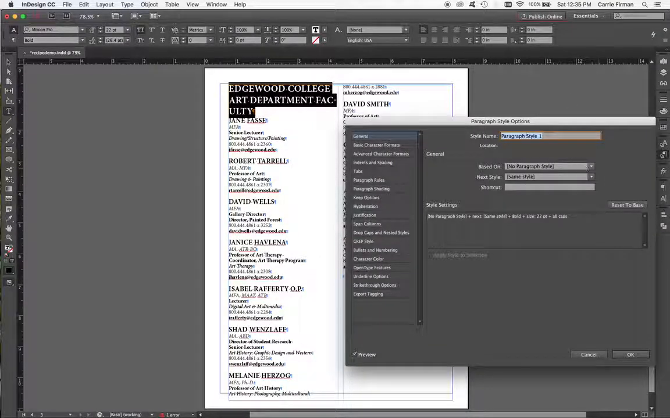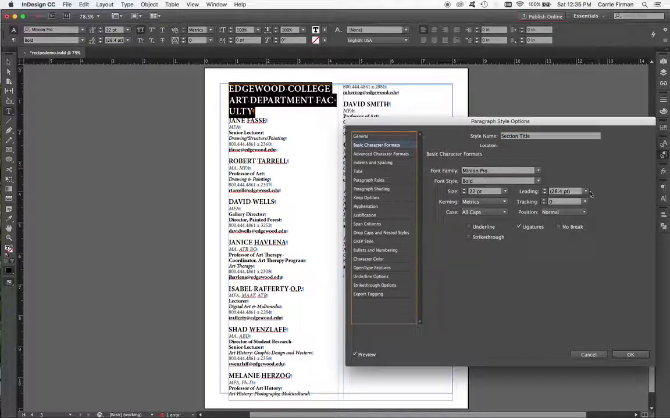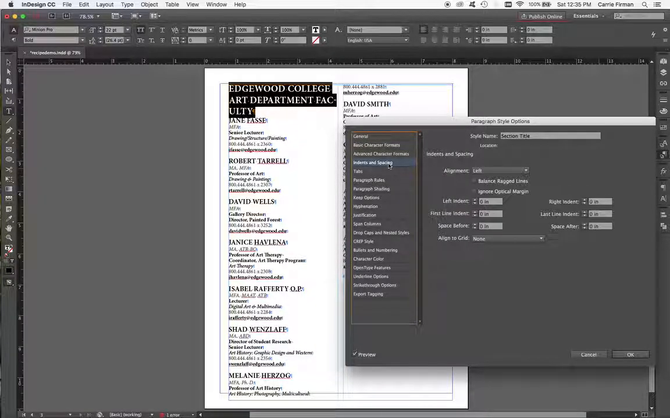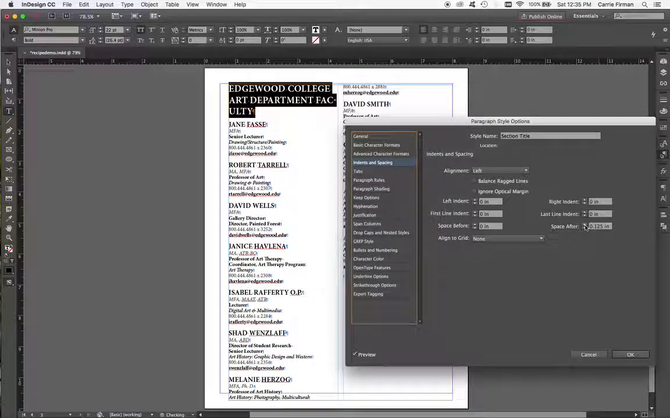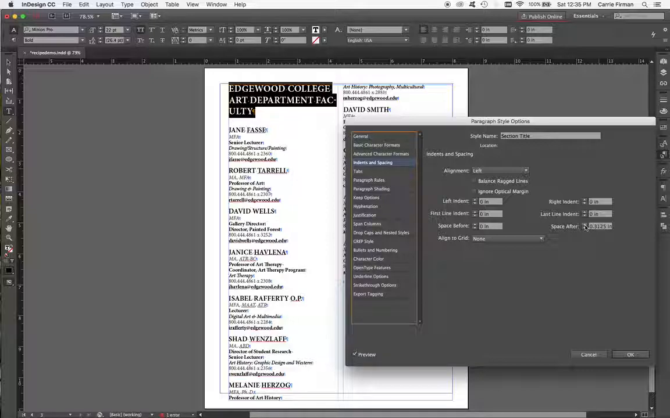Double click on paragraph style 1. And I'm going to call it section title. Not based on anything. It picked up all of my formats. I am going to want a space after it for sure. So I'm going to go to my indents and spacing, give it a nice space after,